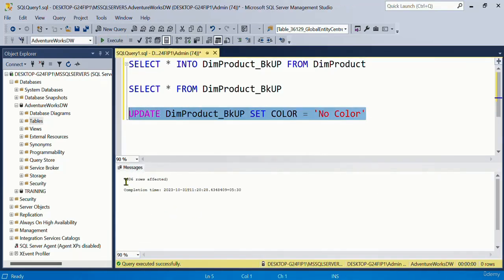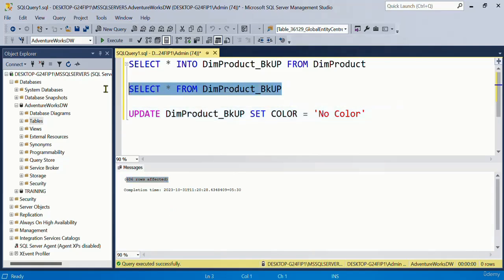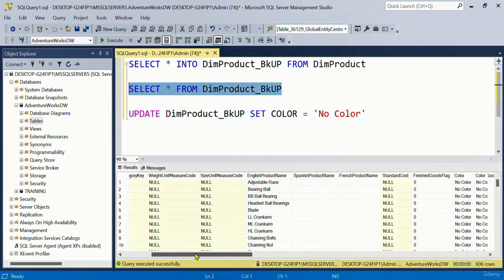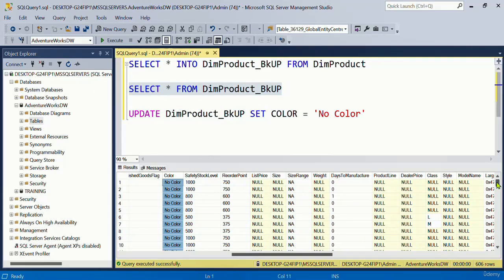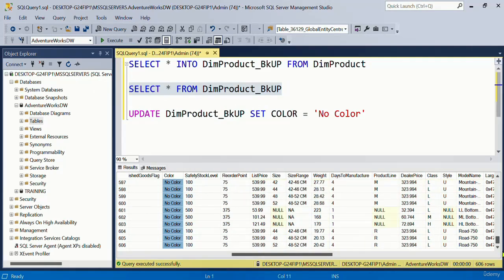If I run this, look at this, 606 rows affected. Now check your data. Look at that. The entire table for the color column has been updated with no color. And this is what the problem could be. At times we are so fast that we don't realize what could happen, and we end up making a mistake by missing the where clause. So in this case, what I'll do is I'll drop this table again